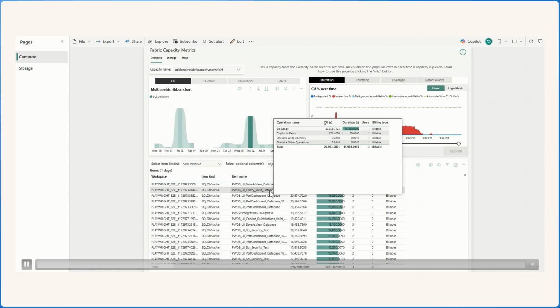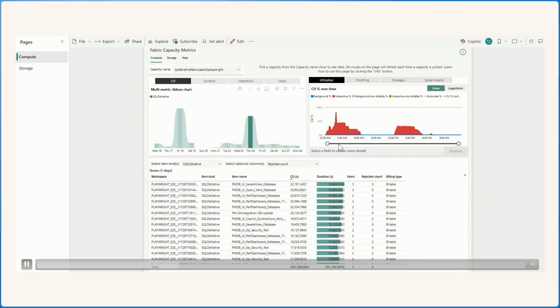And it's important to tie this to my overall utilization based on the SKU or the CU that I have purchased. So I will go to the utilization side of it on the top right corner and calculate my CU percentage, which is nothing but my CU used by total CU bought based on the SKU I have purchased. And then there are two elements here, the interactive and the background operations. Mostly for SQL, you will have interactive operations, and that's represented by this red graph here, and that's smoothed over a 5-minute duration. And then you have the background operations, which is represented in blue and smoothed over a 24-hour duration. So, as you look at trends, it's important for users and admins to understand how they're looking at trends and planning for the right amount of capacity they're purchasing.